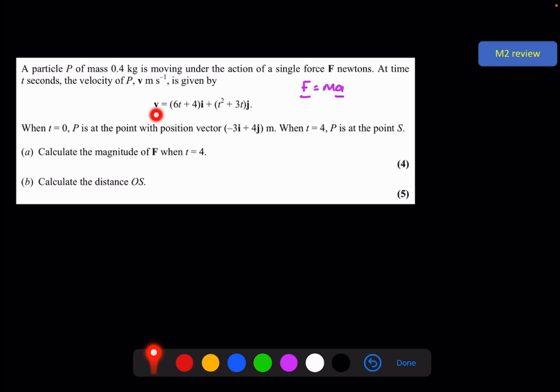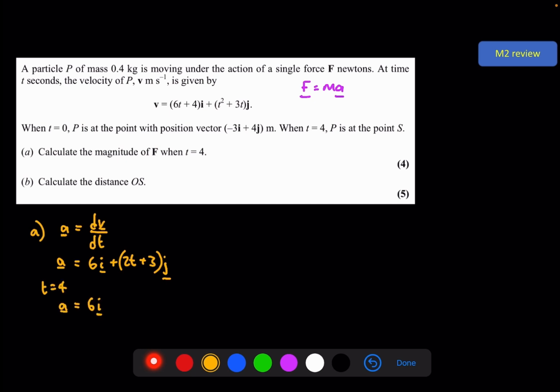To find the acceleration, I need to differentiate the velocity. So for part A, acceleration is equal to the derivative of the velocity, which is 6i plus (2t plus 3)j. When t is equal to 4, we put that in. a is equal to 6i plus 11j. Now we know a, we can find F. F is equal to the mass, 0.4, times a, which is 6i plus 11j,